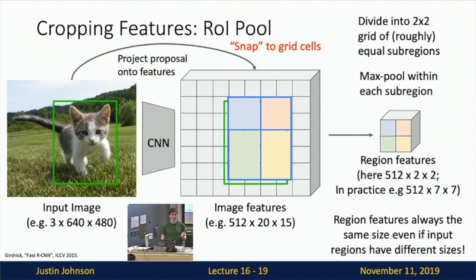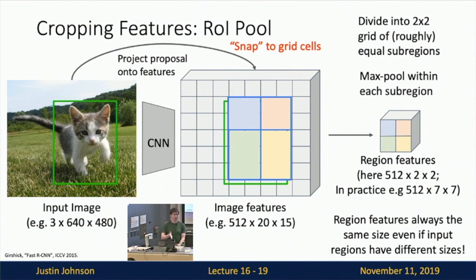Another key goal of these cropping operations is that the output needs to be a feature map of a fixed size, so that we can feed it to our second stage network downstream. In this example, we want the output to have a fixed spatial size of 2 by 2. So in order to make the output have a fixed spatial size of 2 by 2,